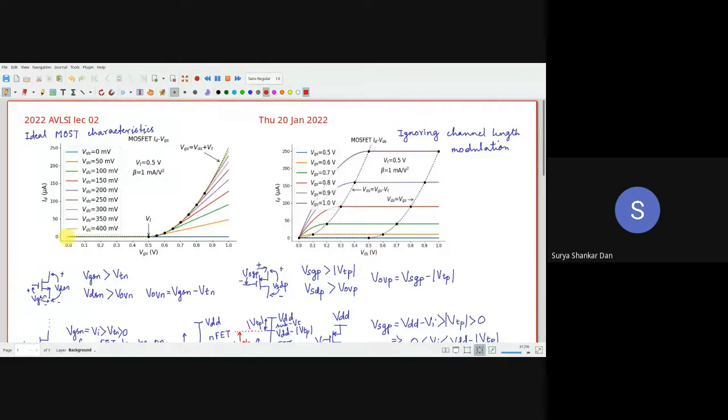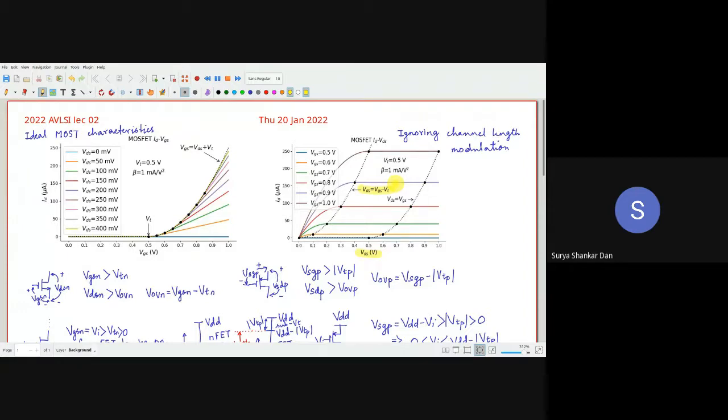What I have done now, the new thing, is that I have developed a model for the line which is crossing these points. In our previous lecture, as we have seen, this dotted line corresponds to VGS equal to VDS plus VT, because here we are speaking about the VGS axis. Now, when we are dealing with the ID-VDS plot, this is the VDS axis, so we will consequently have VDS equal to VGS minus VT.